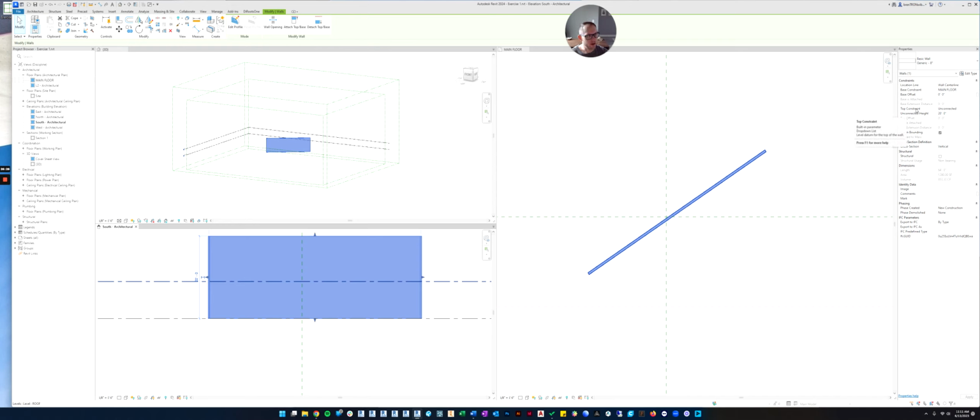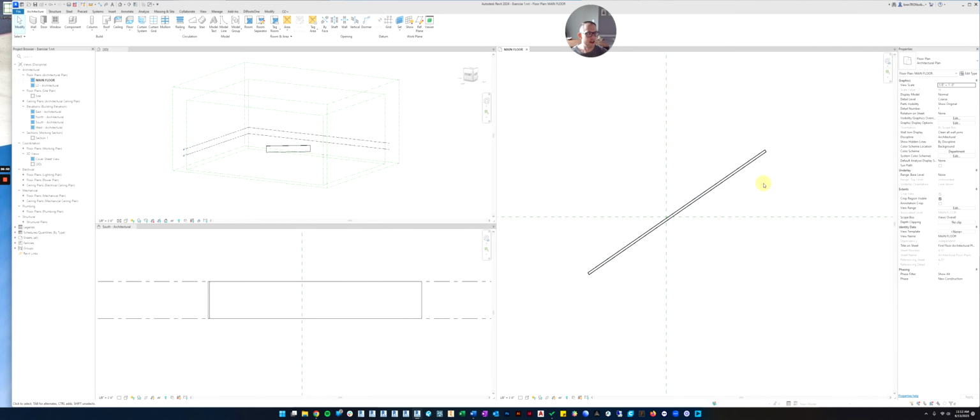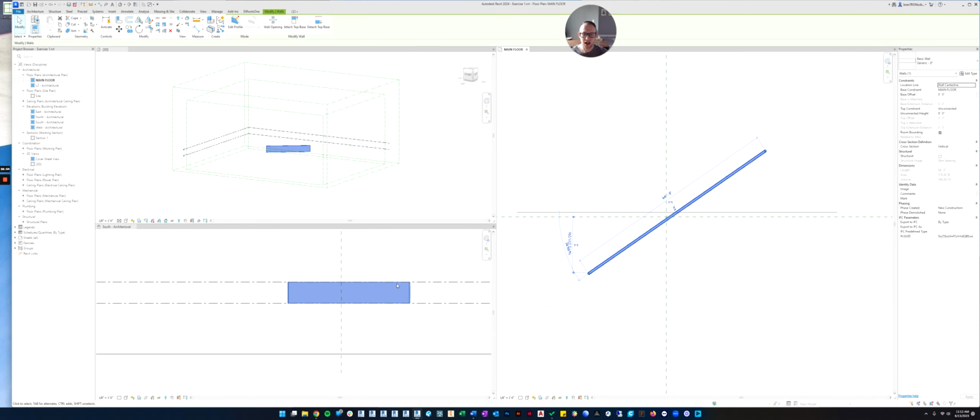So the top constraint right now, you can see, is unconnected. So it's not associated with any level. And you can see its unconnected height is 20 feet. So if I wanted it to be a 10-foot wall, I could put 10 feet in here and it would change the height of the wall. Do you see how it changed it? Or I could put it to 9 feet like that. And so now the wall is 9 feet. Okay, so that kind of looks right.